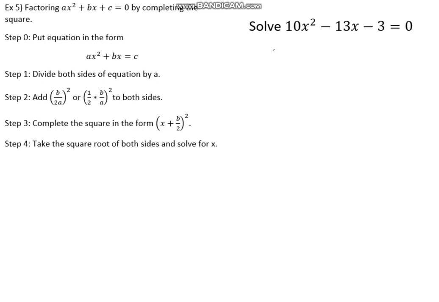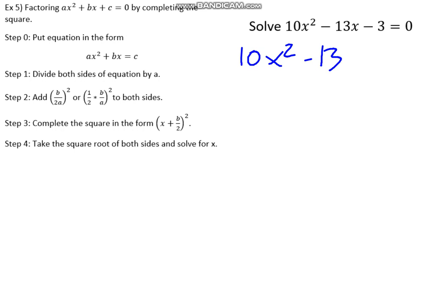Okay, so in the previous video we talked about factoring, and we actually had this equation before, but this time we're going to do it with a different method called completing the square. So we're going to go ahead and start at step 0. We want to get it in this format: ax squared plus bx equals c. So all I'm going to do is add 3 to both sides. So now it'll give me 10x squared